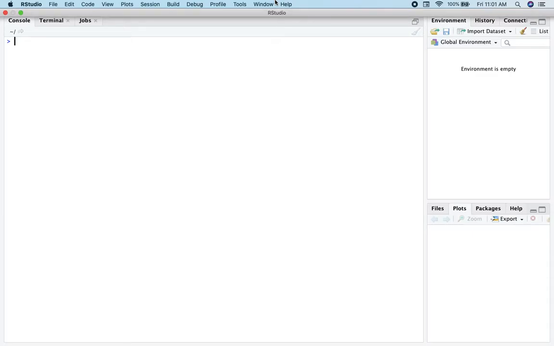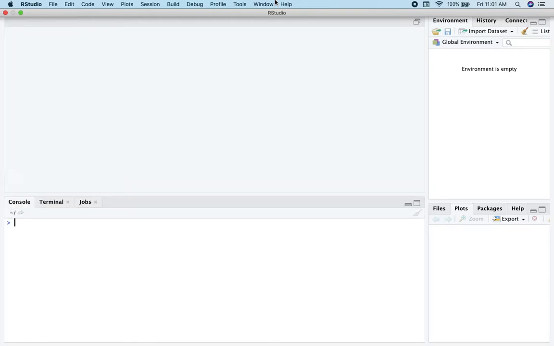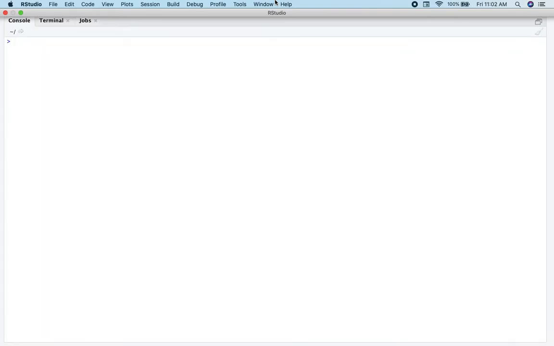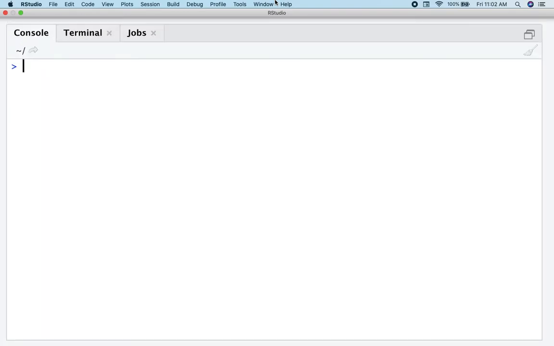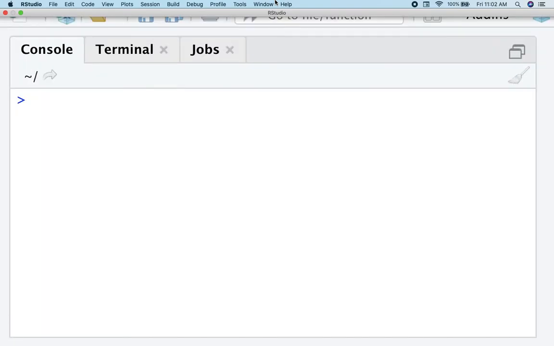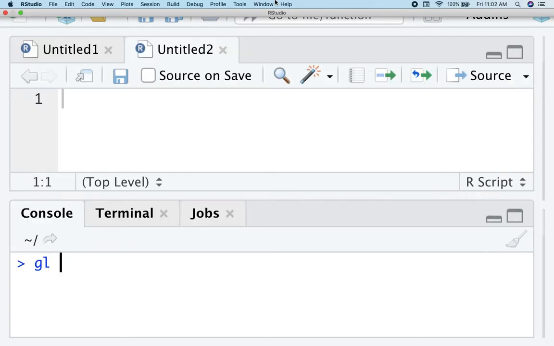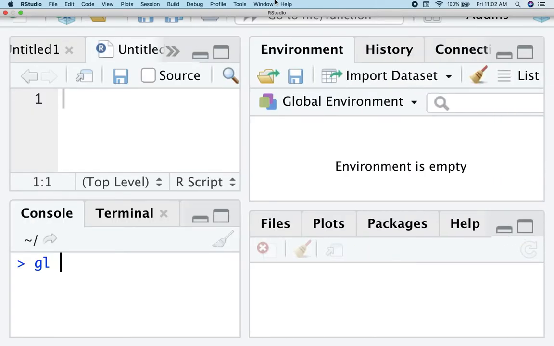So according to you, GL is basically generate factor levels. Okay, so we can generate factor levels by using the GL function, as I said yesterday. So for that, the syntax is GL